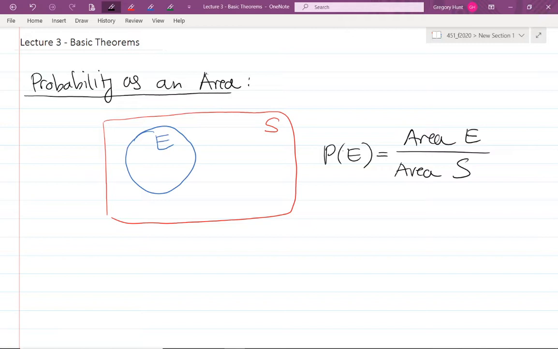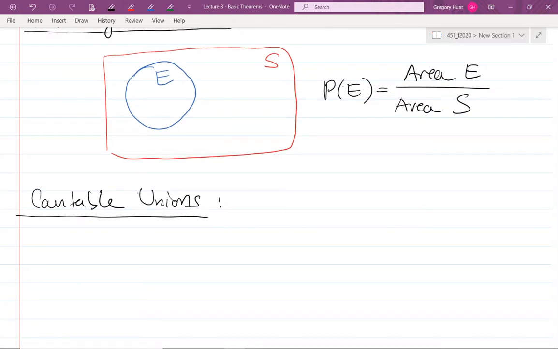The second comment I want to make is about infinite unions. And maybe I should be more specific and talk about countable unions. We had this axiom of countable additivity last time, and we talked about countable unions. What if I want a finite union? Does the axiom still hold true? Are my theorems and comments made for infinite or countable unions also going to hold for finite unions? And the answer is yes.